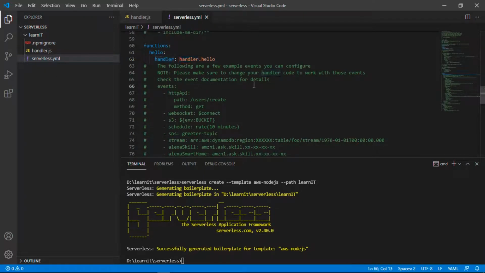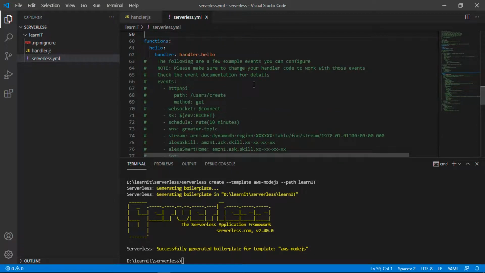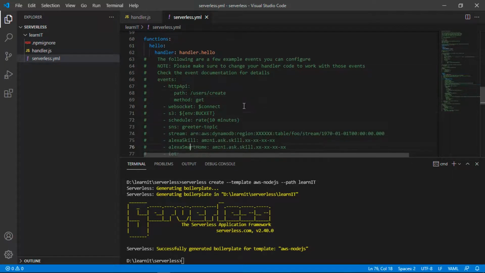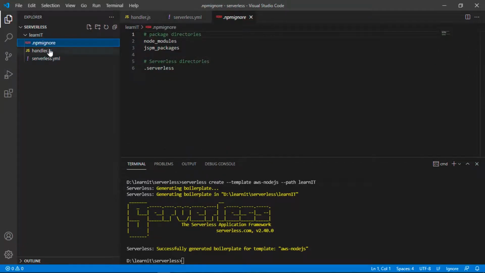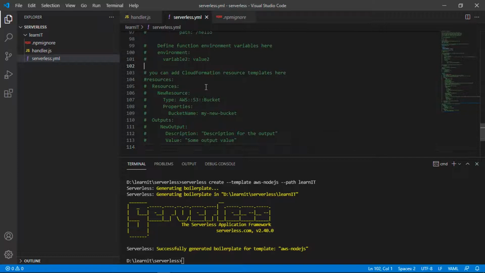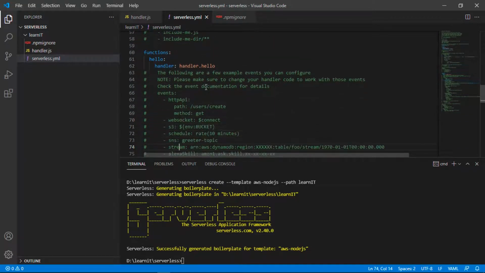If you want to provide any other functions, you just have to add them under the functions tab. Currently we have only one function, that is the hello function, and similarly you can add new functions here, and add logic for those new functions, like this hello handler. You can add entries of those functions under the functions tab of serverless.yaml.